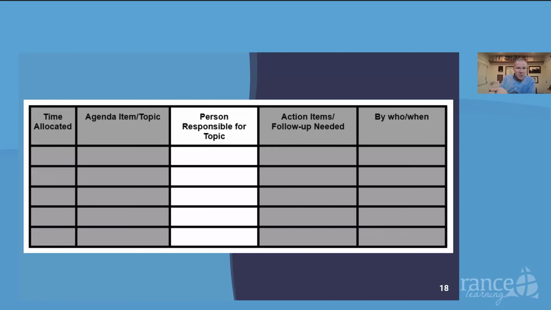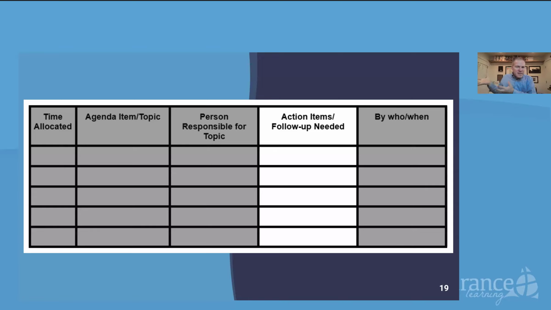And then I also want to remind all of the managers that you shouldn't feel like you need to be the person responsible for all the different items in the agenda. There could be other people on your team that could be more appropriate for talking about certain agenda items that go into your team meeting. Beyond that,